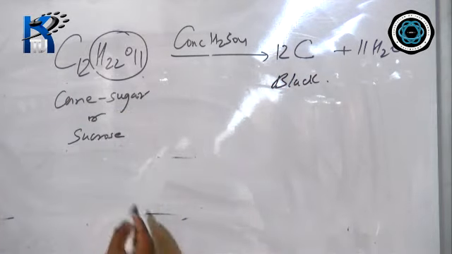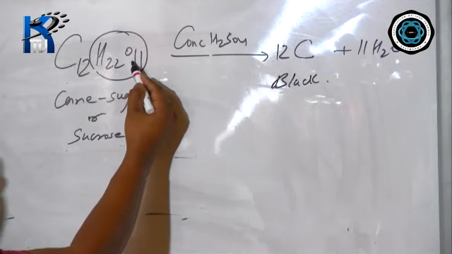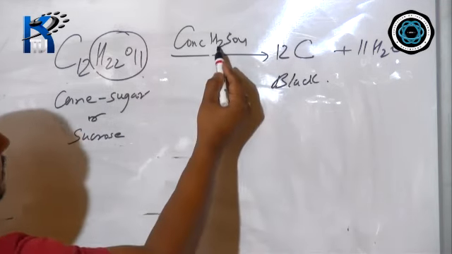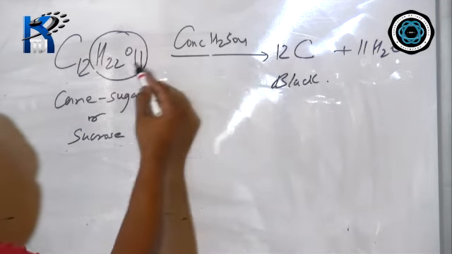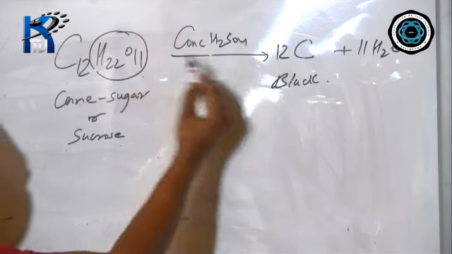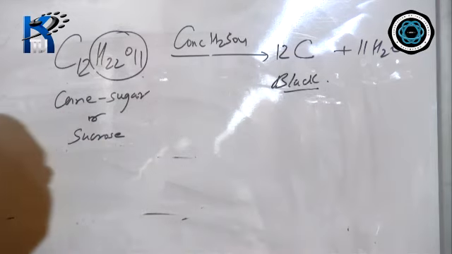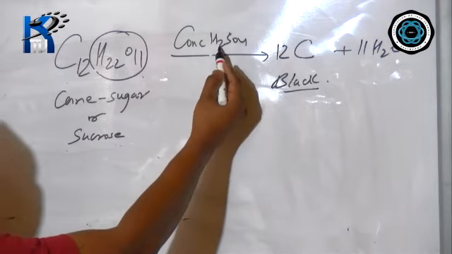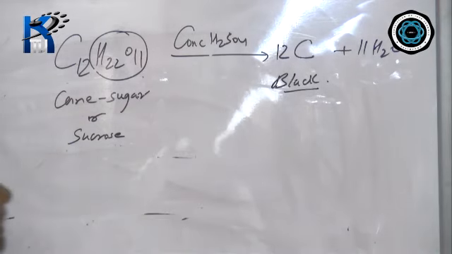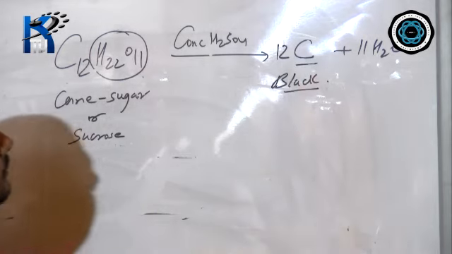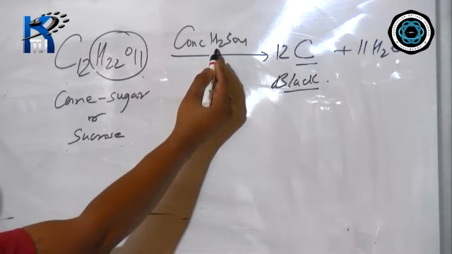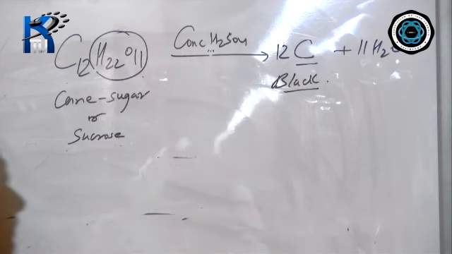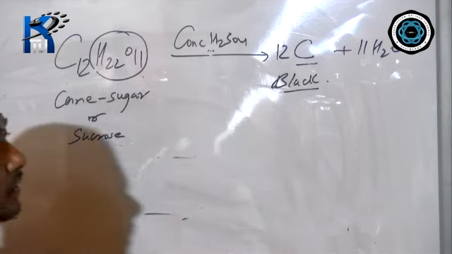So students, do remember sugar, when you put conc sulfuric acid to it, it turns black, because conc sulfuric acid, being dehydrating agent, removes water from it and converts it to carbon, which is black in color. And this question even comes in what do you observe. So what do you observe when we add conc sulfuric acid to cane sugar? It turns black due to the formation of carbon. And which property of sulfuric acid you are observing here? Because it is showing dehydrating property. And this is about use number 3.